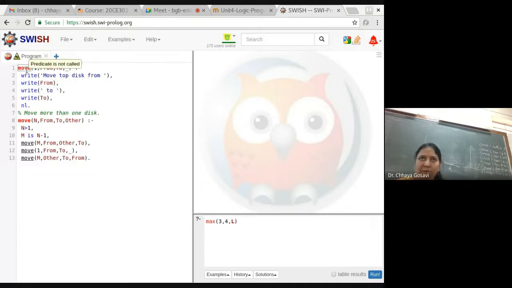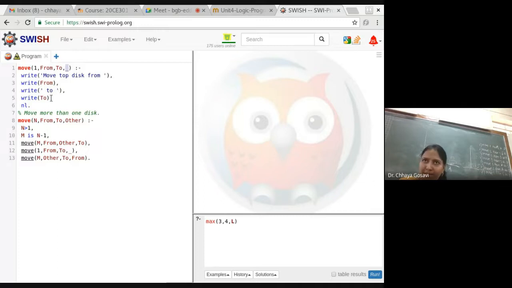This is our stop case or terminating case. Move 1, from, and 2. So when we get a single disk, we can move it from the source to the tower which is free. So move top disk from whatever the from is to whatever the 2 is.